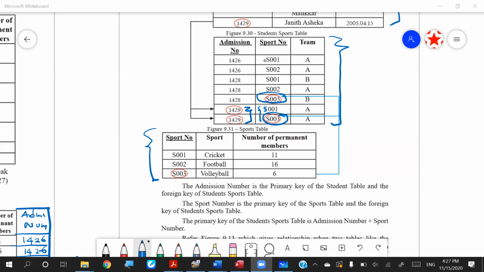Yes, it's not just the admission number, it is with the sport number. See, both of them are being underlined. So the question was how they have underlined the admission number, because it is repeated, right? They are not only underlining the admission number, but the sport number as well. Together, they will form something unique, because you can't find 1426 S001